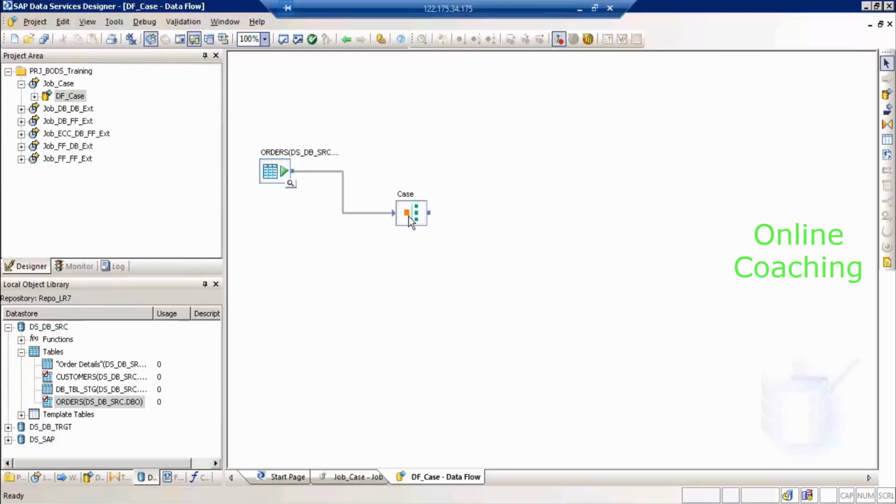Alright, so this is one major thing that we can see. And the second thing, this is the schema level, and this is the column level. On the schema level, if you do a context menu or a right click, you get the option to copy, which means you can copy the entire schema and paste it on the right hand side to create a nested structure. This is an MRDM structure. We'll talk about that a bit later, but I'm just showing you the option how to copy that